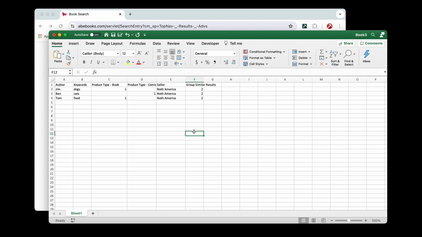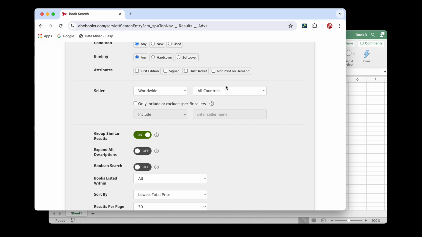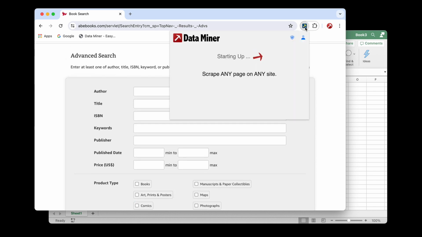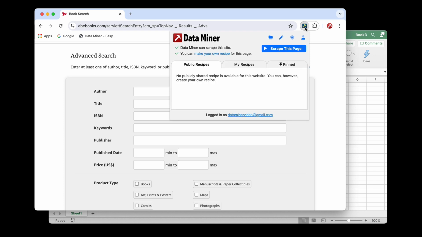So again, this is just the data. The next step is to be building the recipe portion, or I guess the form filling portion of the recipe. So to do that, we'll open up DataMiner on this same form. And since we are still testing this feature, this DataMiner that you see might be slightly different than yours. All right, so we'll click the new recipe